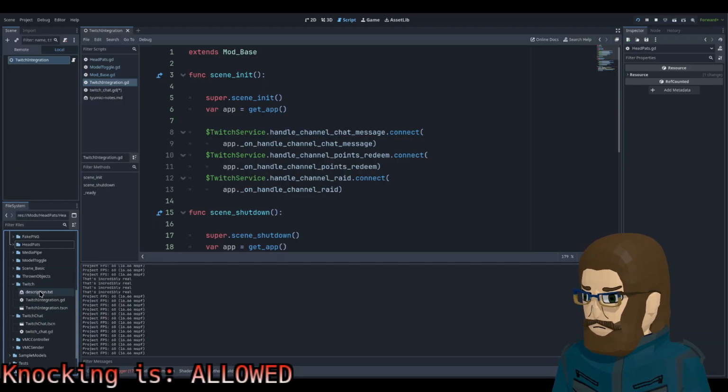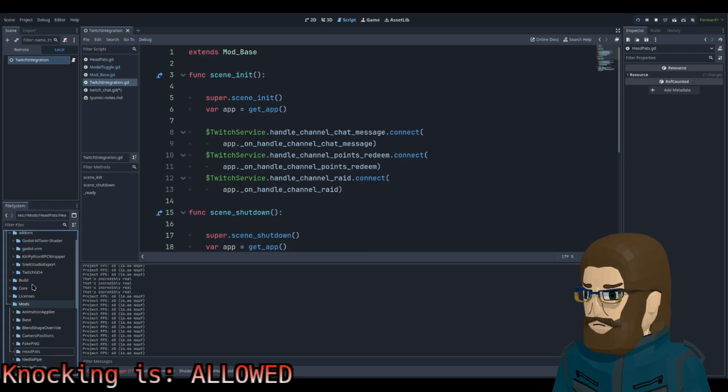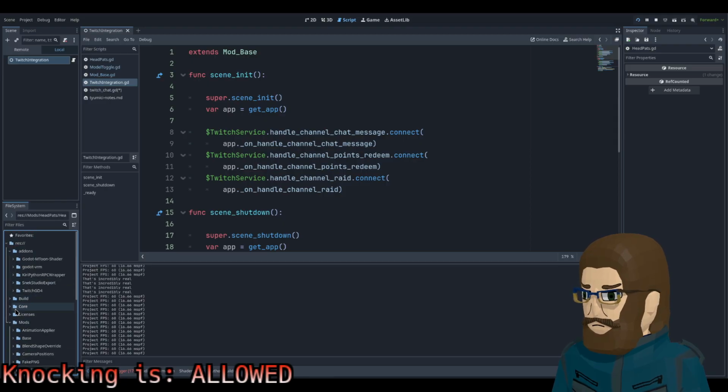So we have these. What else? Might be thinking about this the wrong way. Let's look at what actually adds things on the screen, right?